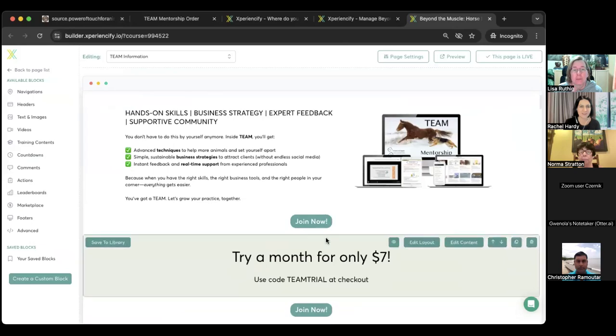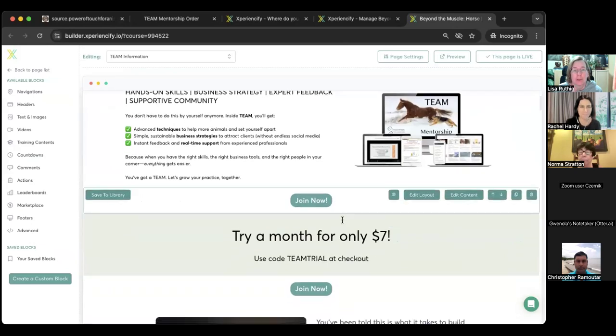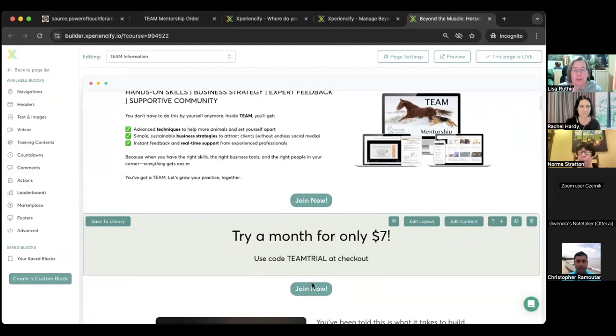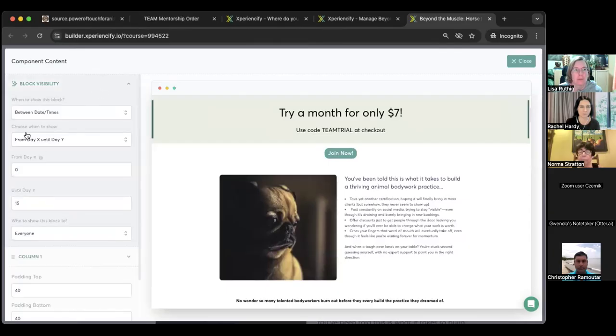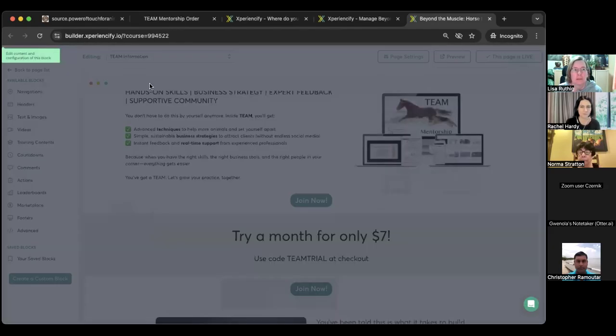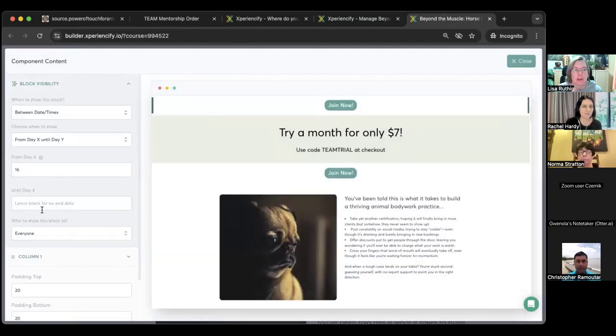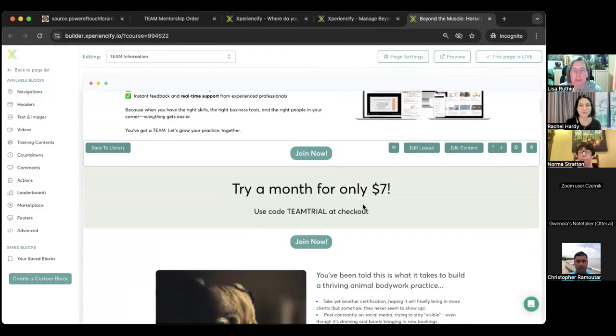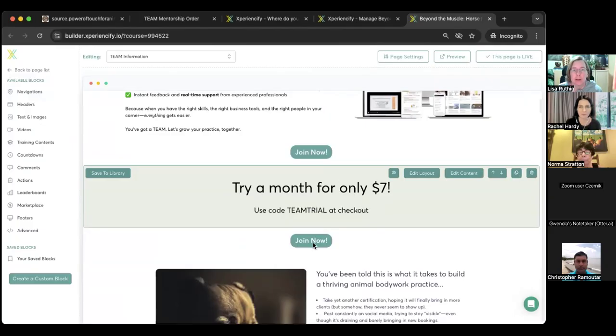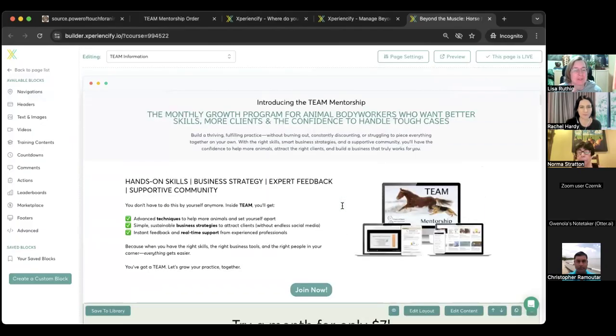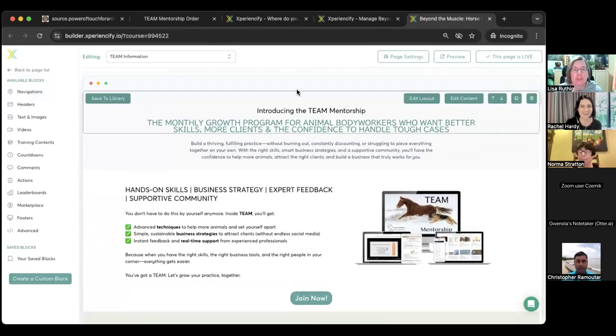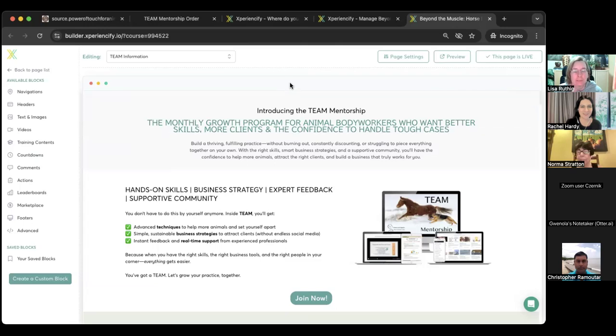was I had to set up two buttons. Wherever there's a link out button, I had to set up two. And in both this block and this block, I had to say between dates and times from 0 to 15, you can see this. But after that, from 16 onward, you just see the regular link and go out. So you think I set that up right? And then every place on the page where I have that button, I had to redo that. My question now is